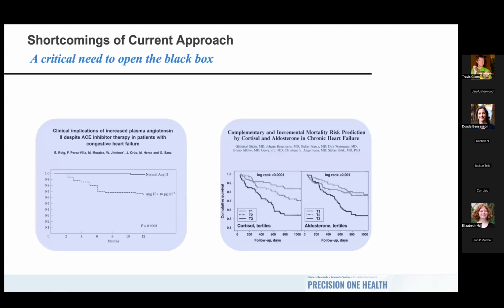And so all of this to say that we need to shy away from those old biomarkers, ACE inhibition, to really capture the actual therapeutic effect of these drugs. What we know from human studies is that two biomarkers, angiotensin 2 and aldosterone particularly, have been heavily correlated with clinical outcomes in patients with congestive heart failure. So we need to look at those biomarkers more than just looking at ACE activity as a proxy